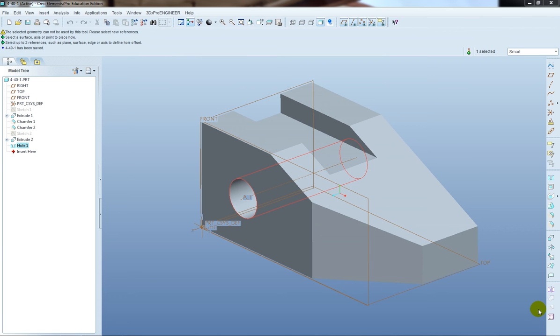In this tutorial, I'll be using exercise 4-40-1 to talk about drawings. Now, the main thing to keep in mind with drawings is everything needs to be drawn in the correct orientation for the drawing itself to really work the way that it's supposed to work. But the first thing that we're going to do is we're just going to take the existing drawing that we